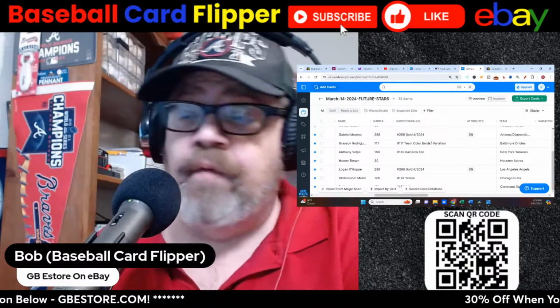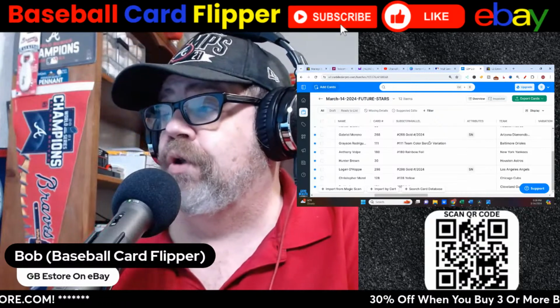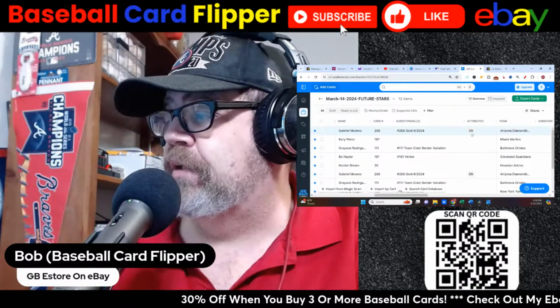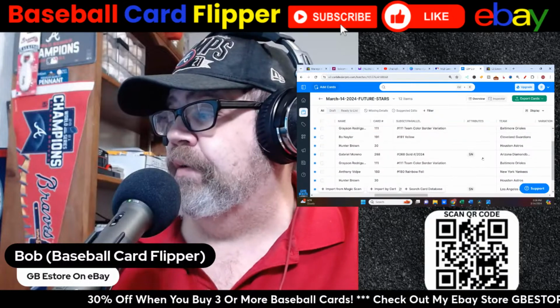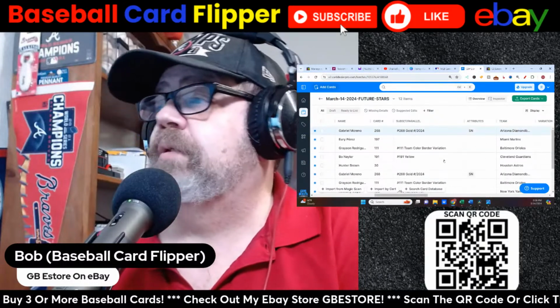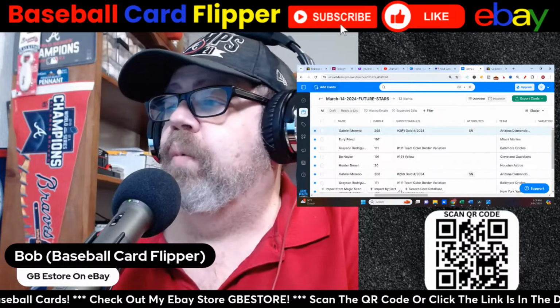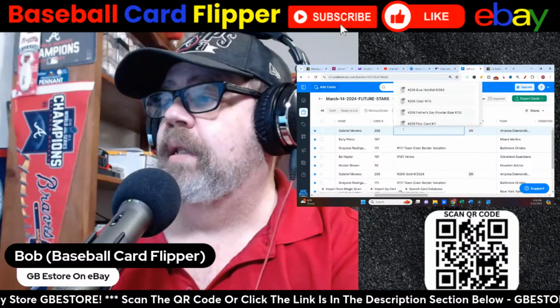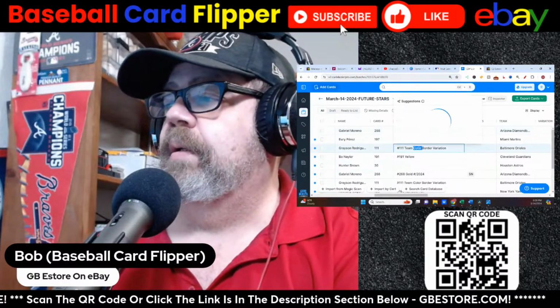So all that we have are the base Future Stars cards. So what I'm going to do, as you see under the attributes, those that have a serial number, what we want to do is kind of get rid of those. So what I do, I just start and highlight and I delete them